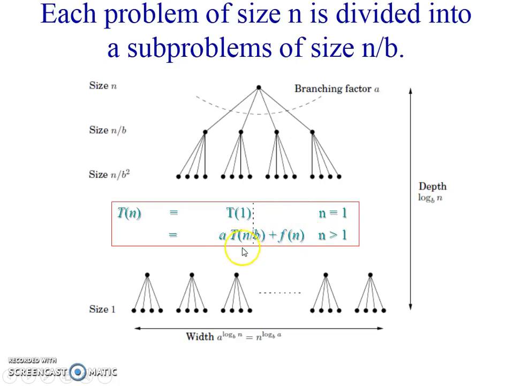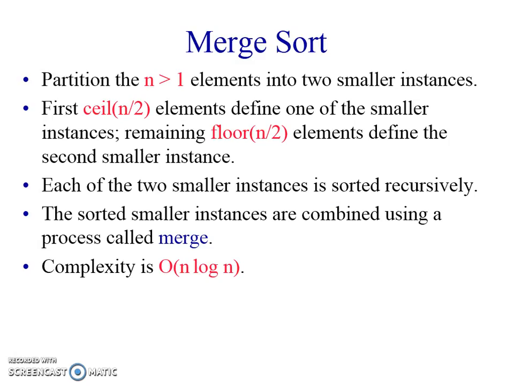So please remember the recurrence relation for a divide and conquer problem. It is a times, where a is the number of subproblems you have divided into, T of n by b, where n by b is the size of each subproblem, plus the function of n, that is the time needed to combine and merge. Now to understand divide and conquer, let us look at one of the very popular sorting algorithms,